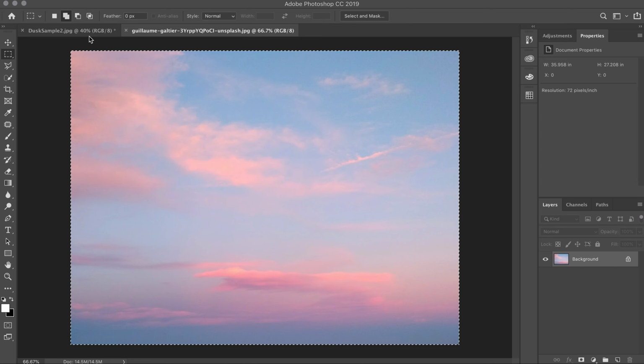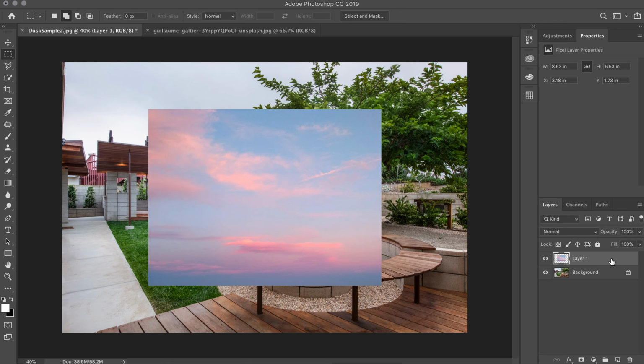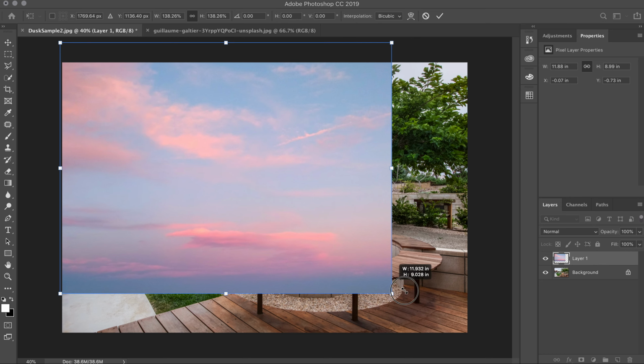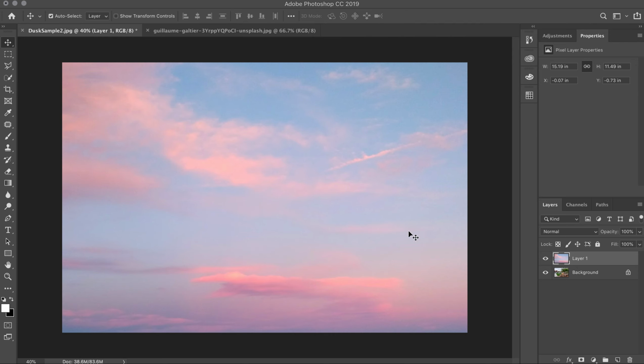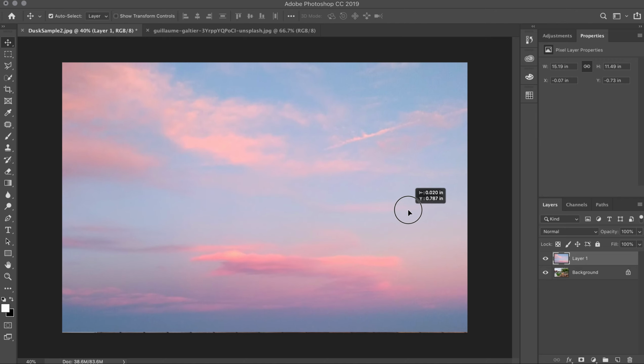So I'm going to copy that, and then I'm going to come back over to my photo and paste it in there. Now you can see it adds it as a new layer over here. Clearly the sky photo is smaller than mine, so we're going to stretch out the sky so that it fits over all of the area that I need it to fit over on my image. I'm going to bump it up a little bit so I get a little bit more of that pink in there. Okay. So now we have our stock photo placed over my photo,